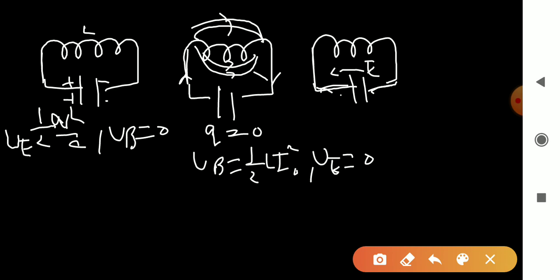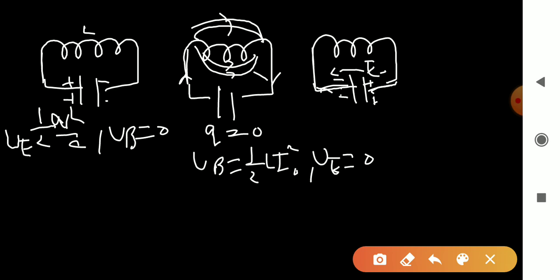This energy is E naught, this positive, this is negative. Okay, so in this figure, as soon as the capacitor gets fully discharged, the discharging current tends to stop and the magnetic field begins to collapse. As a result, a back EMF is set up in the inductor which opposes the decrease of the current, right?